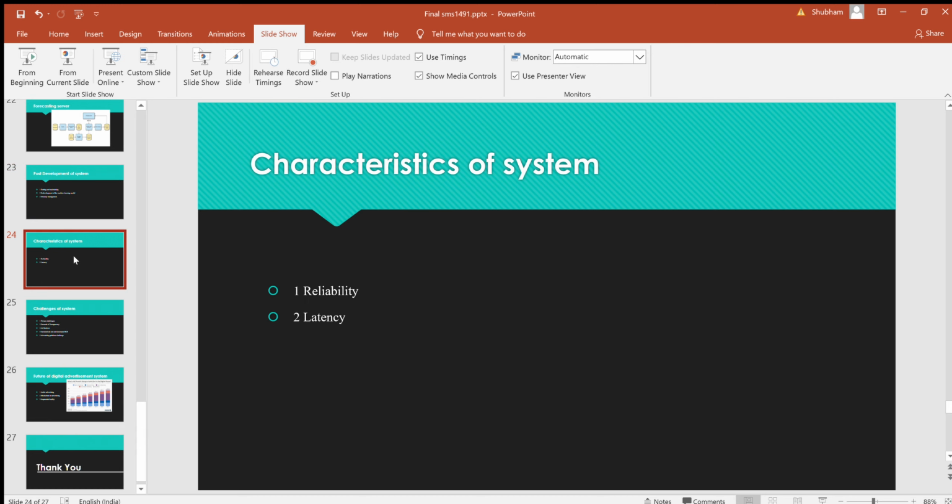Characteristics of systems: reliability and latency. The reliability of the advertisement server can be based on the subsystems. A little problem in the system can cause a loss of millions of dollars in revenue for a company. Therefore, having reliable systems is essential here. There are core and non-core subsystems in the systems. Whenever there is a failure in the non-core subsystems, these systems have a backup plan to fall back on. On the other hand, if the core system fails, there can be a need for redevelopment of the system.